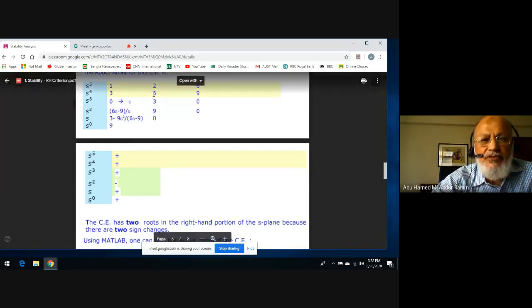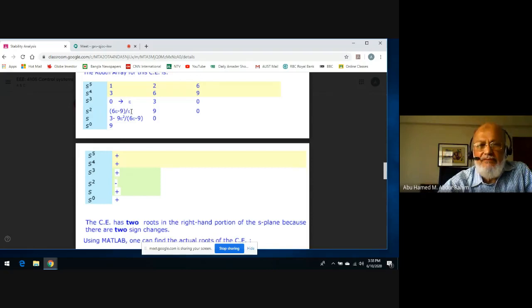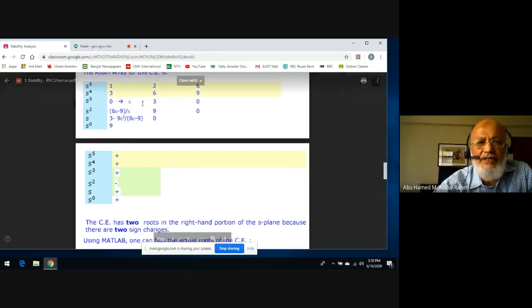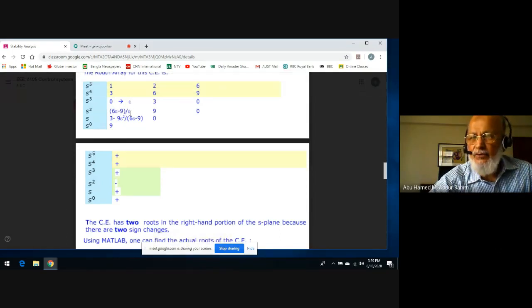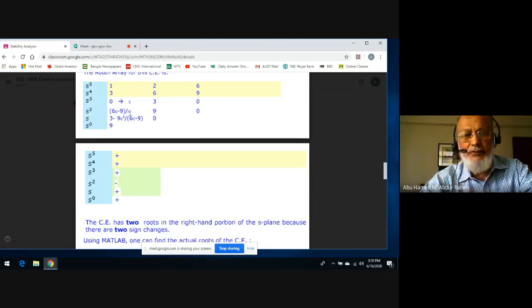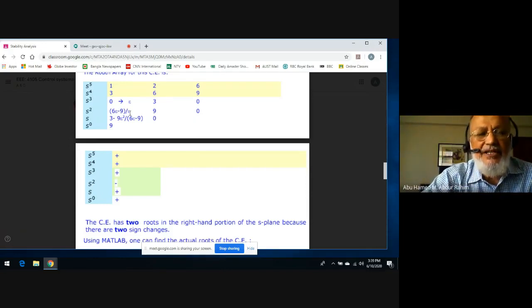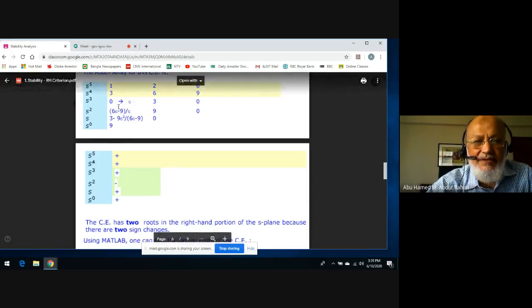Here it will come 6 epsilon minus 3 times 3, 9, 6 epsilon minus 9 divided by epsilon. All of you understand? This quantity here is going to be 6 times epsilon minus 3 times 3, 9 divided by epsilon, 6 epsilon minus 9 divided by epsilon. Don't worry about it. We construct it at this time, and then I am here to show you what will happen. So if this is epsilon, this is the quantity.